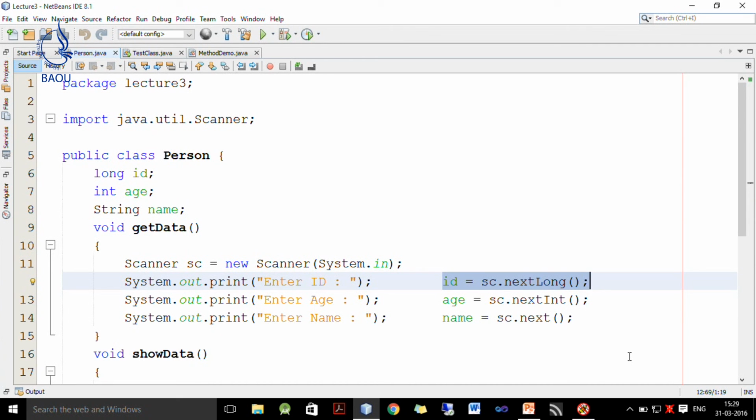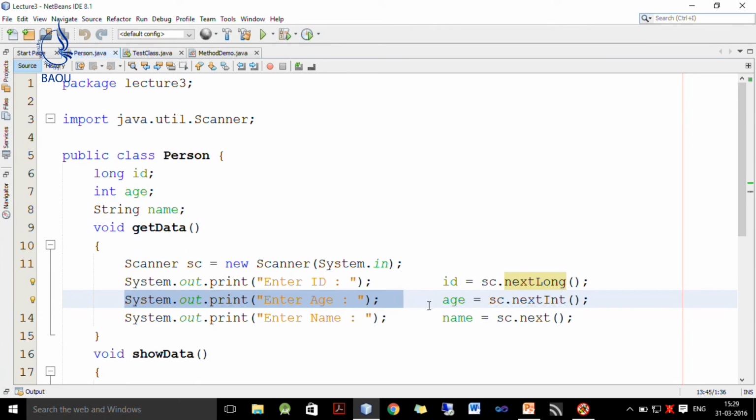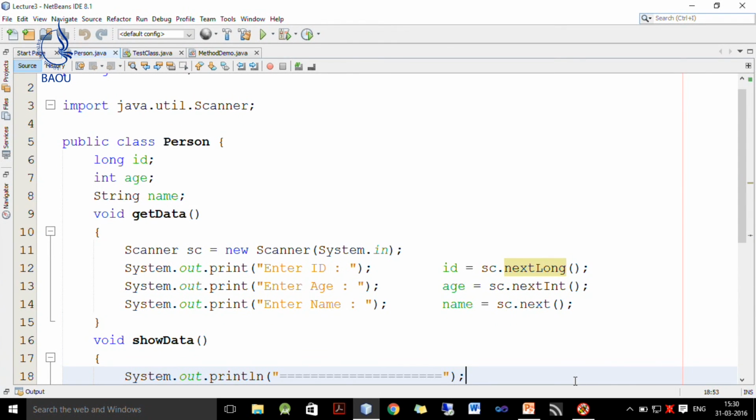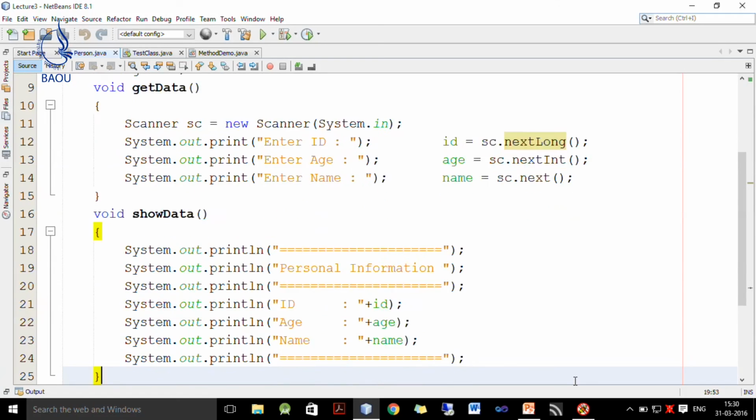Once id is read, we ask the user to enter age and it is stored inside age by the method next int of the Scanner class, and finally, we read the name of the person from the user using the next method, because next returns a string. So, I hope you can understand this get data method which reads data from the user.